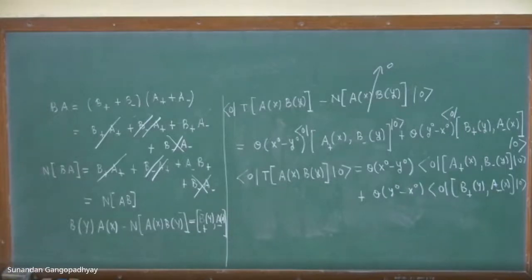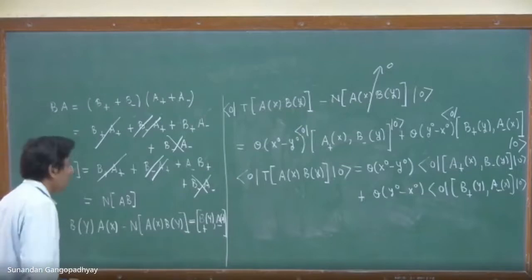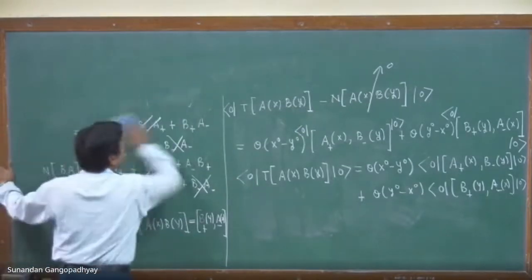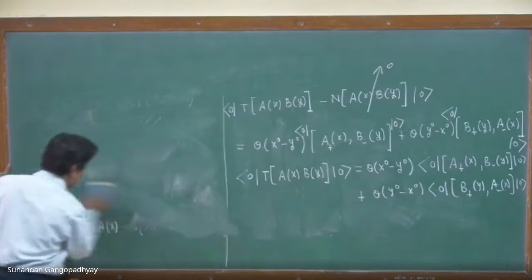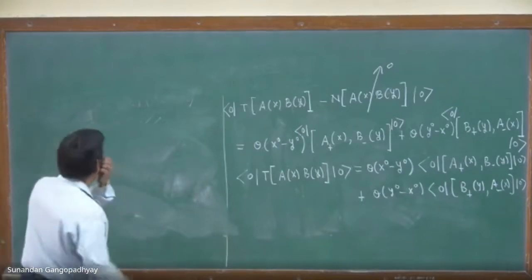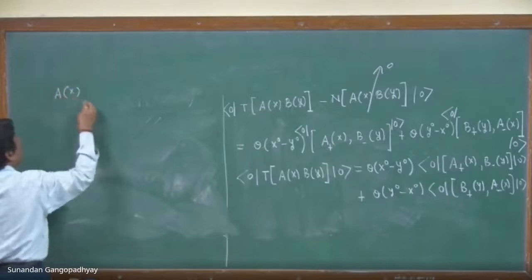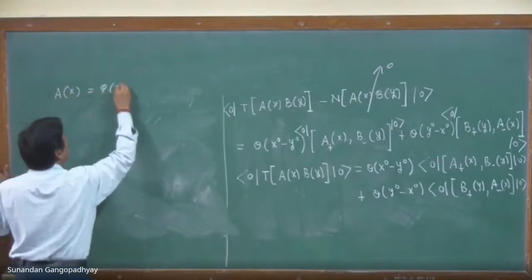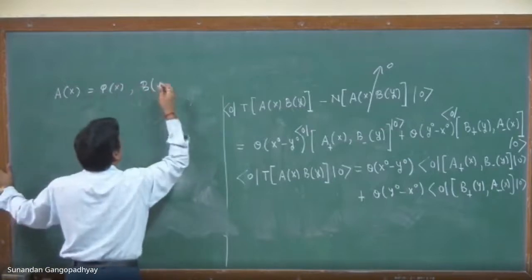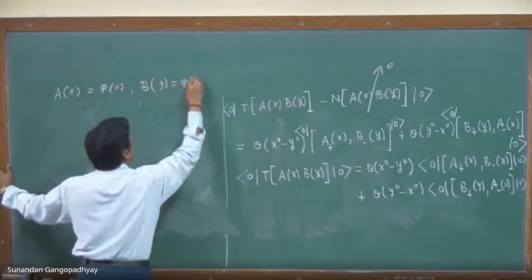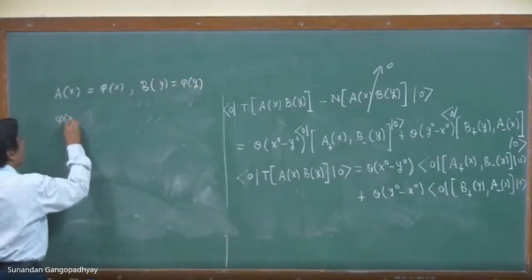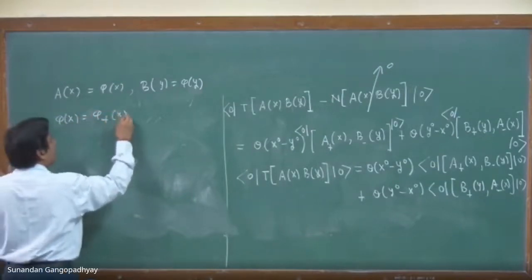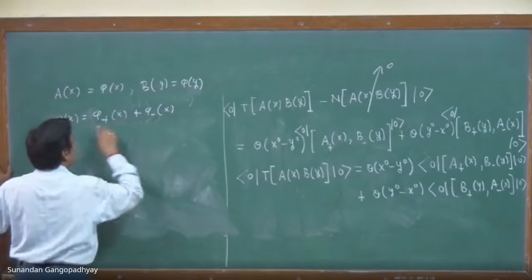Okay. Now let us just take it for a simple case, what this formula gives us. You can just take Ax to be equal to phi of x, and similarly you can take By as phi of y. So this is the real scalar field, and you know that this is phi plus x plus phi minus x. It's the annihilation part, it's the creation part, and you know what they are. And if you just substitute it over here,